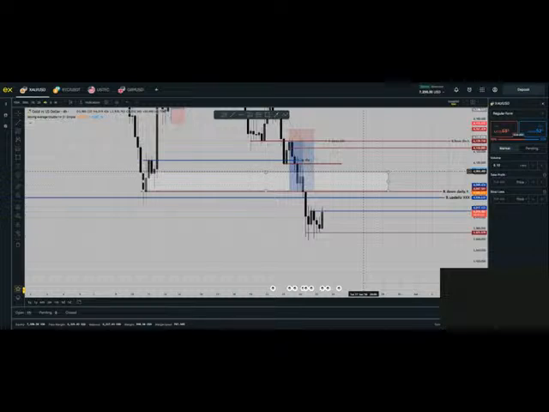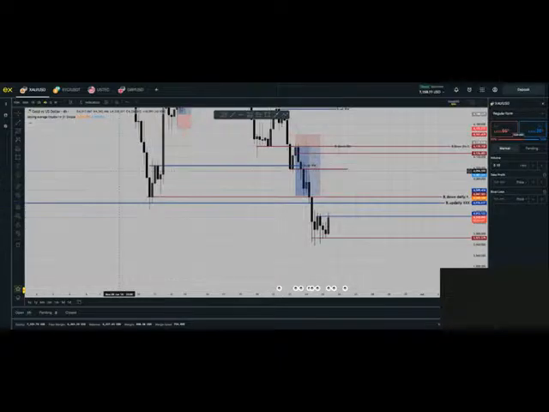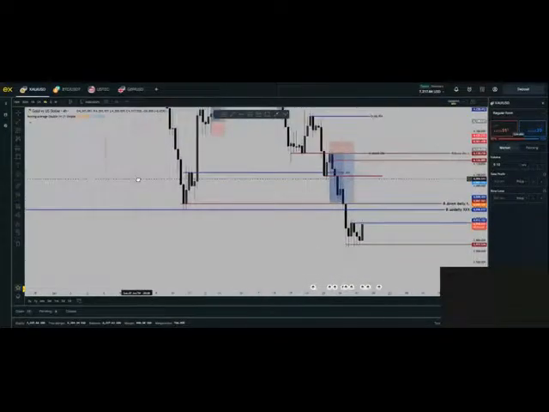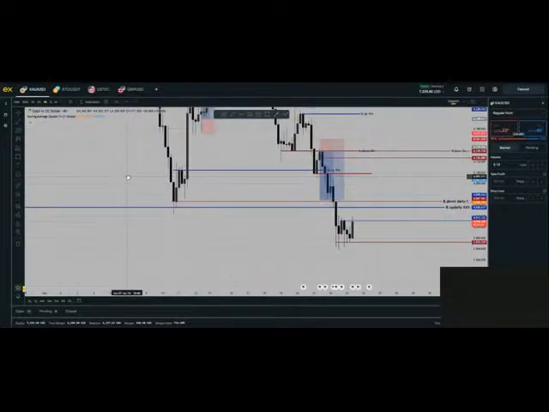So for gold right now, I haven't seen any trading setup yet, but it is coming up. It might not be today, it might happen tomorrow, or tomorrow is a bank holiday, so it might happen on Monday. But for gold entries, I will wait for more information to print on the 4 hour.